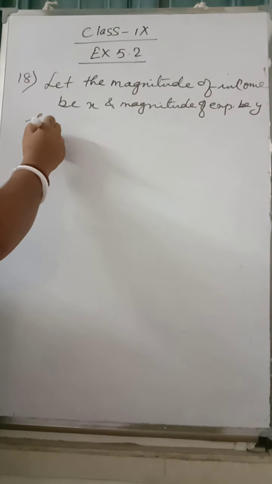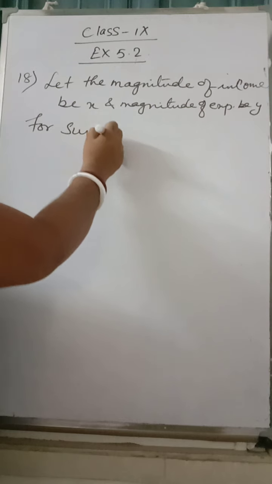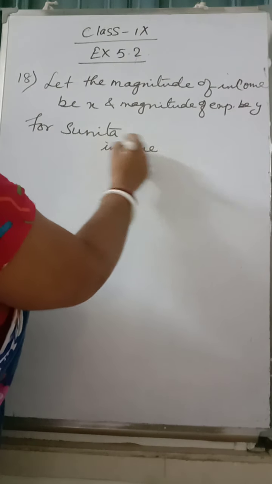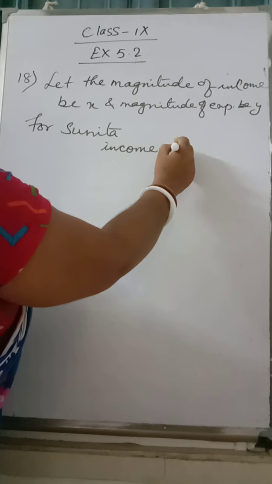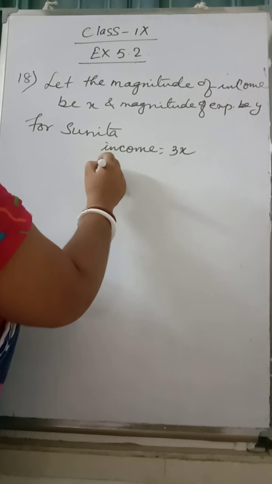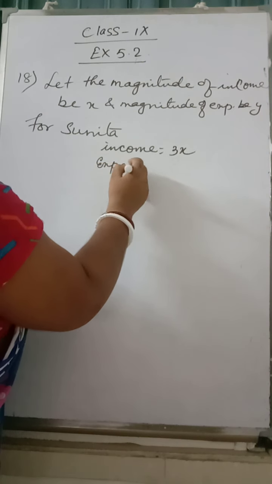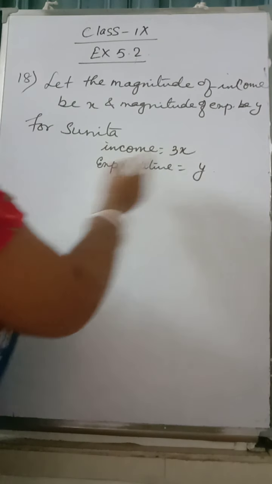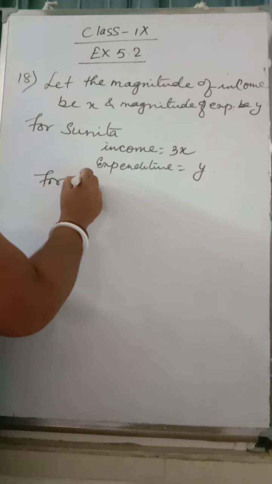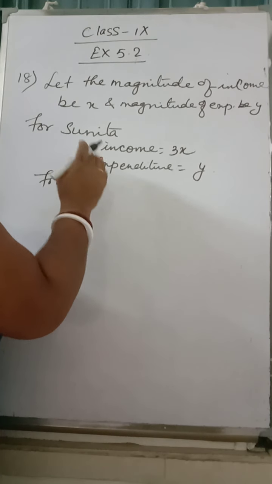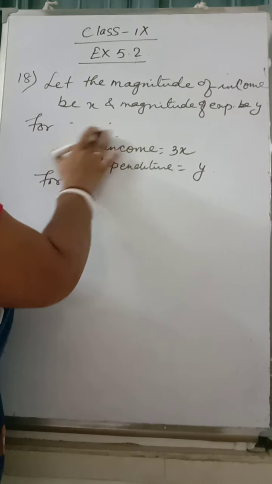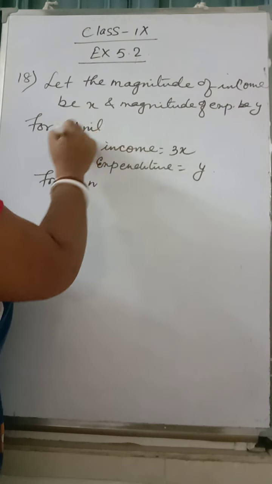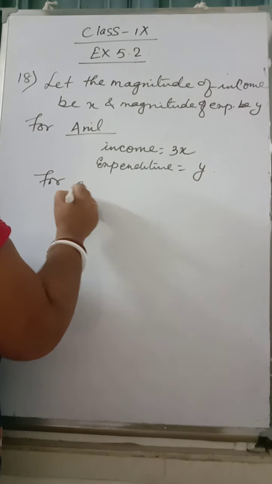So for Anil, income is 3x and expenditure is y. Sorry, this is for Anil because Anil is given first. So for Anil this, and for Sunita,